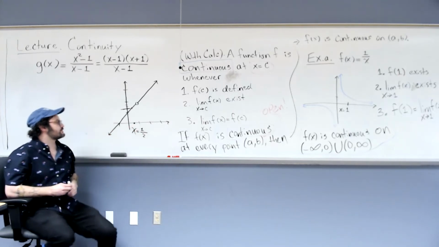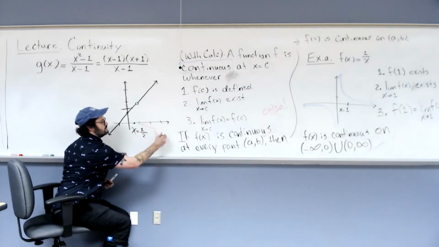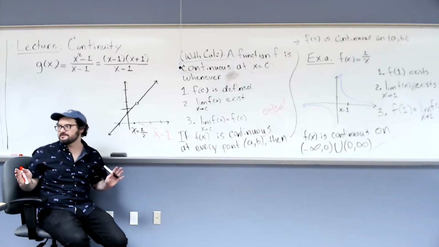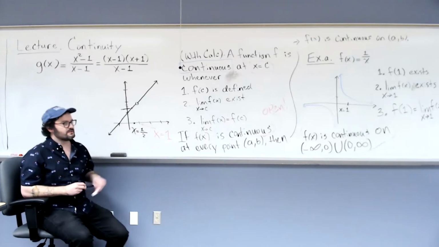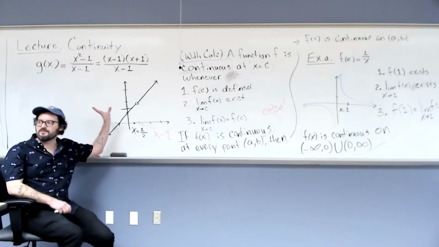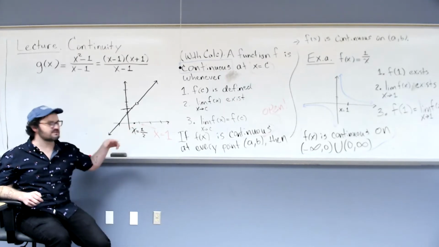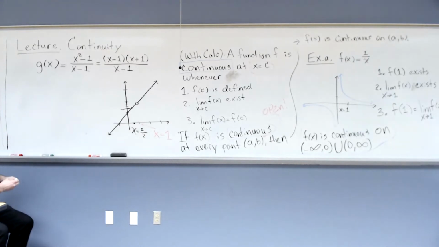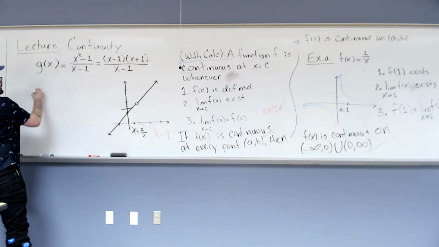But again, at x equals 1, there's a problem. Because, well, it doesn't even exist there, right? But what happens if it did exist there? Let's just suppose that it does exist there at x equals 1, right? So maybe I'm going to have to modify my example to illustrate another important point. These have been kind of easy because the function just didn't exist, like a very obvious value, right? But what about if I modify g to be, or actually I'll call it